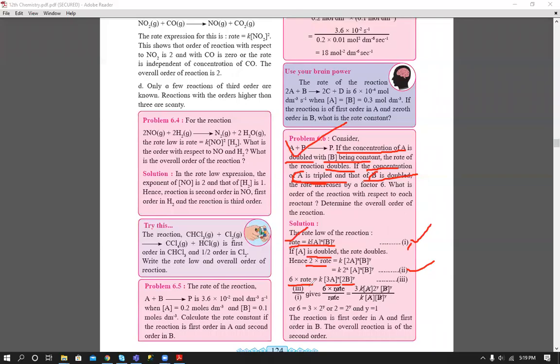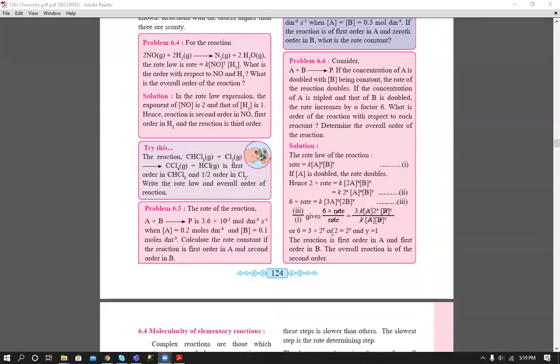You can solve the problem the way we solved it in the last part. Find x and y, and just add them. The value of y is 1, and the value of x is 1. They have not written it, but if you solve, you will get the answer 1.